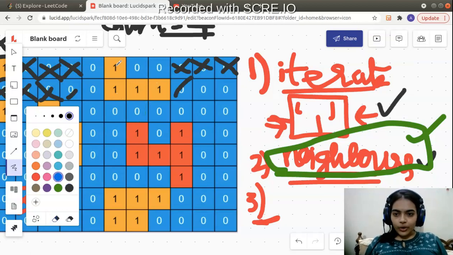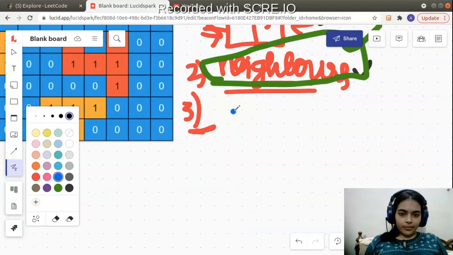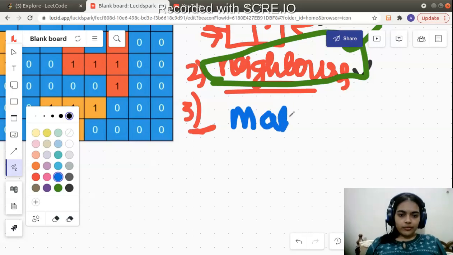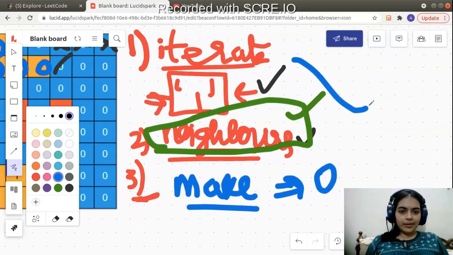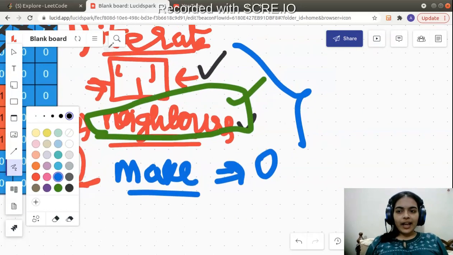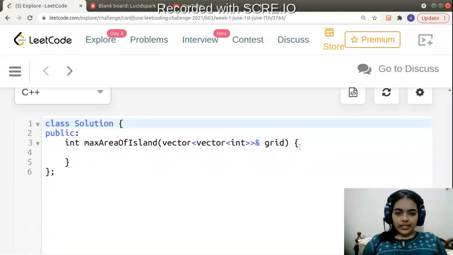So once in the beginning itself, first you had entered the recursive call of all these cells, so why do you want to enter it again? So it's very important that you make all of these as 0. Once you have visited something which is having value 1, make its value as 0. So these are three important steps that you need to understand, and you can write code. Finally we can return the maximum area. So let's write code for this.